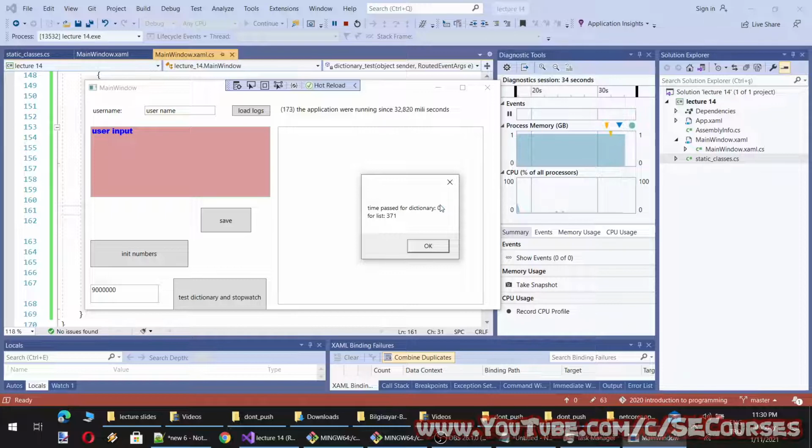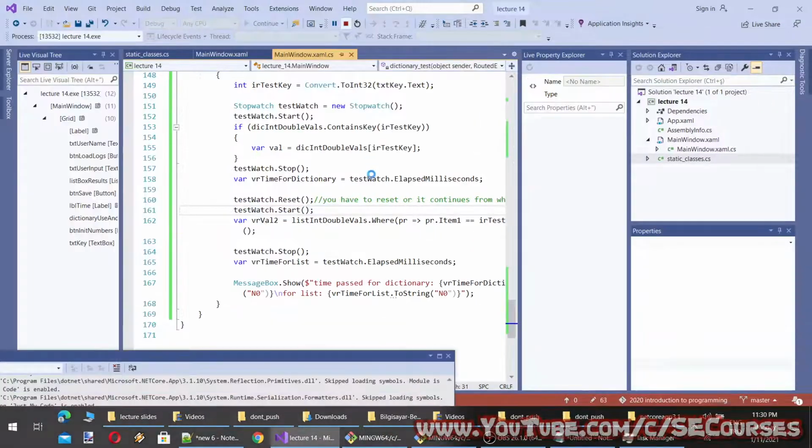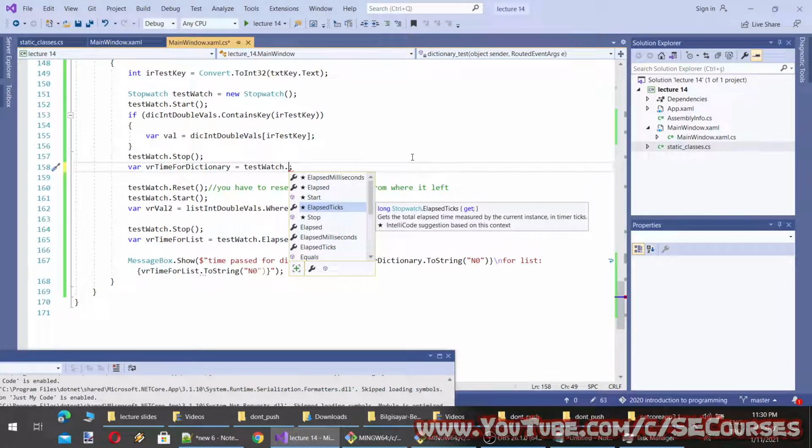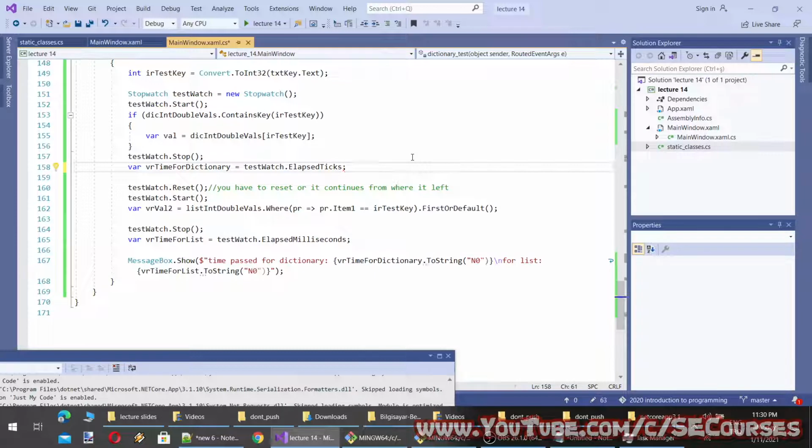However, for the list, it starts scanning from the beginning to the end. You see the difference. It is an immense difference. It is infinite actually, because we can't calculate its real time with milliseconds. I think we can use elapsed ticks, which is something different.